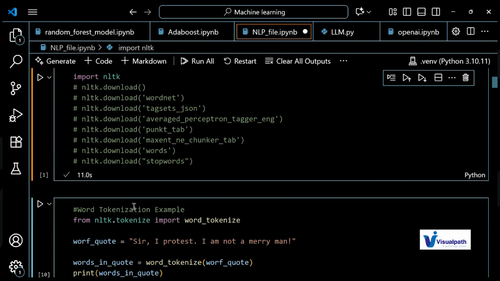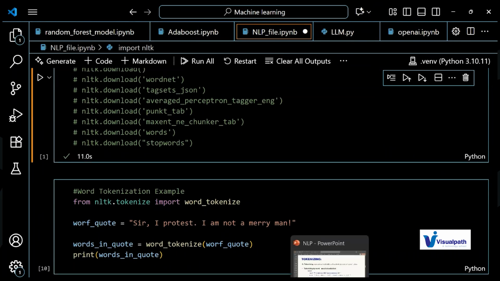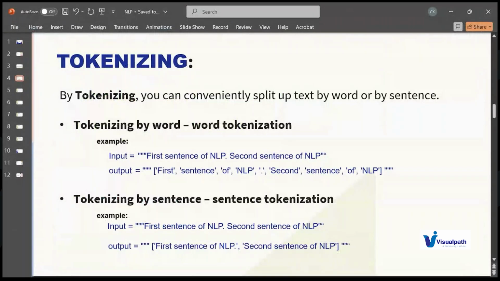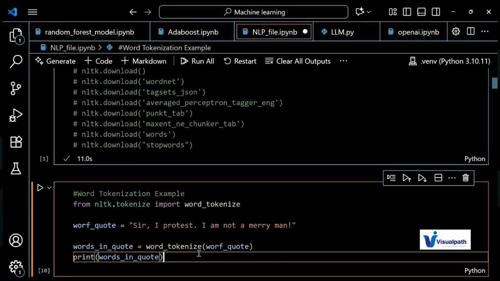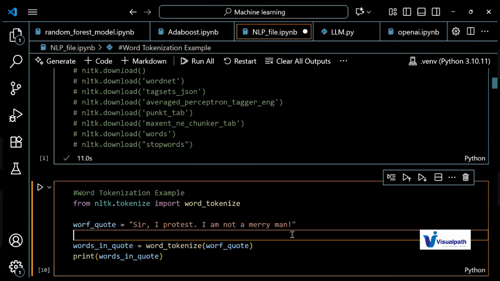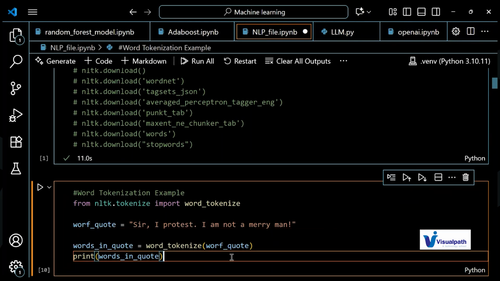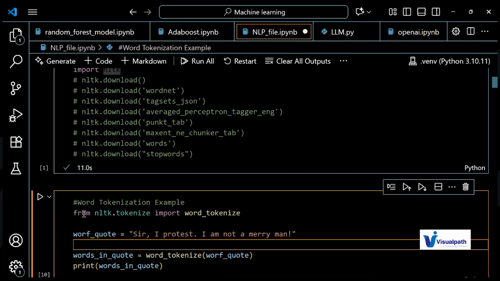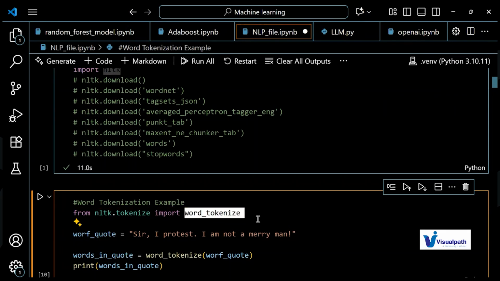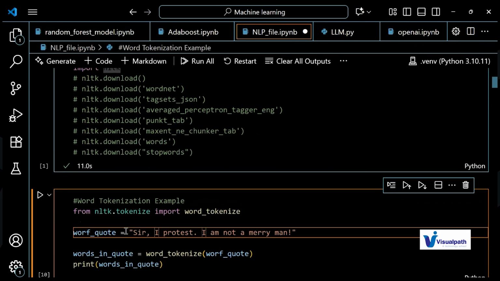Now let's perform the same thing. We understood word tokenization, so let me implement the same thing in Python. Let's just understand that, no need to dig deeper, because we'll be covering it as part of the Python crash course. I have imported NLTK. From NLTK we have the sub-packages. From nltk.tokenize I'm importing word_tokenize, which is one of the methods of the NLTK package, useful to perform word tokenization.